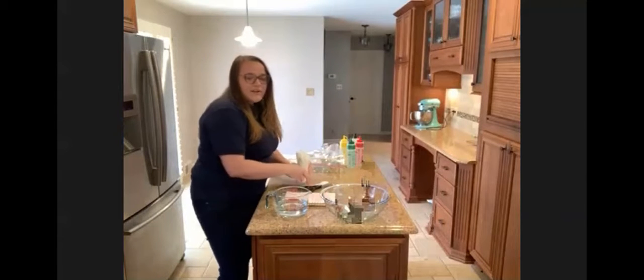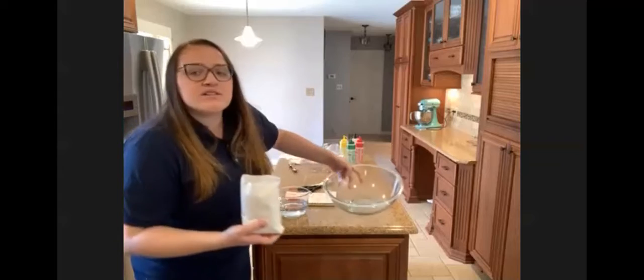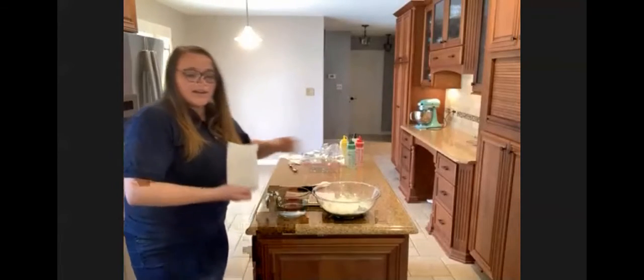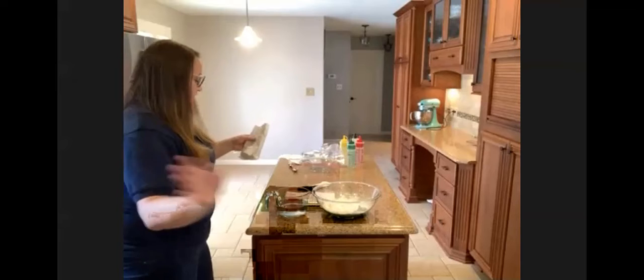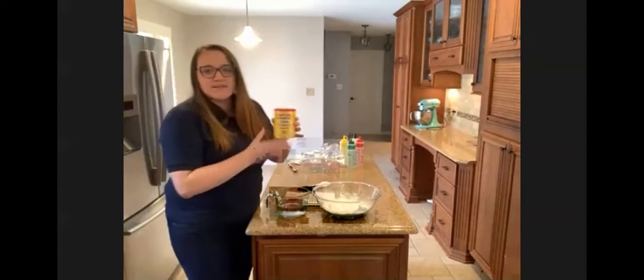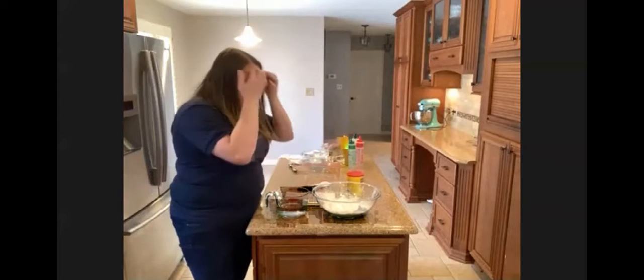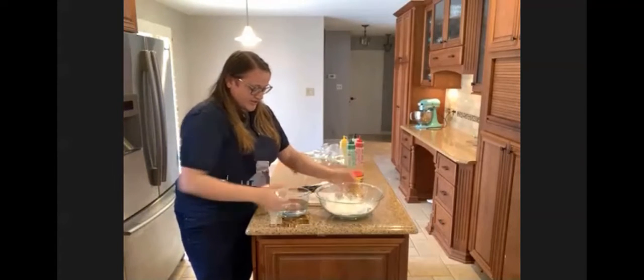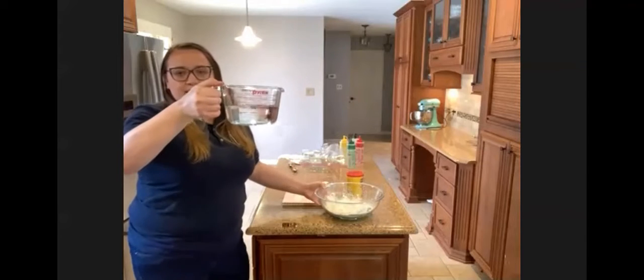And if you are following along and find that you don't have any cornstarch or not enough cornstarch in your kitchen, don't worry, this is gonna be available for you to watch later. And you can try this experiment later on. And I don't know if you can see all the cornstarch in the air, but there's a lot of it. So I put my whole bag in, and that's because I have a little bit of cornstarch on the side for it. But now that I've got my cornstarch, I have pre-measured out what looks to be about 2 cups